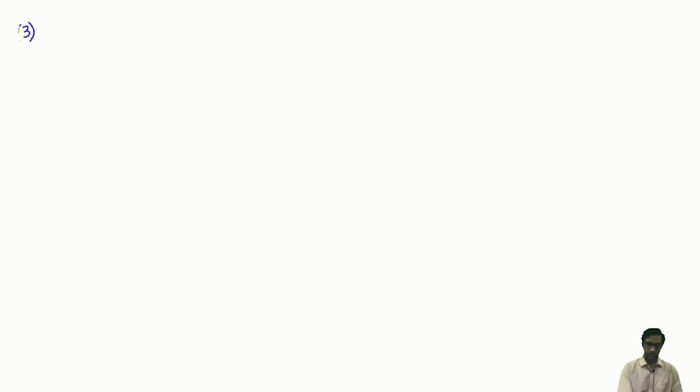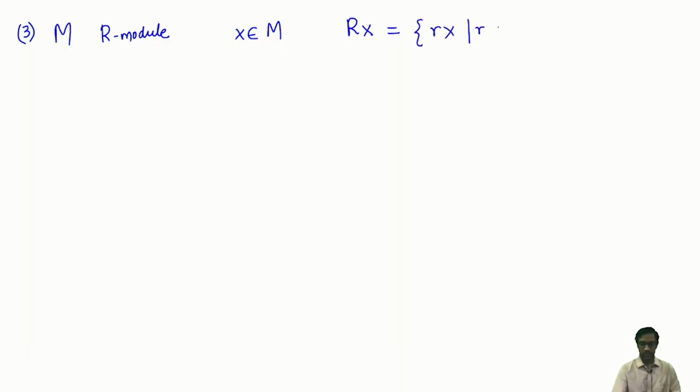This is problem 3, which is the following. Again, about simple modules, if you wish. So first, a little definition. Suppose I have M, which is an R module, and if I take an element x in M, then by Rx I mean the space I get by multiplying x by all the scalars in R. This guy is called the cyclic submodule. This is, by the way, a submodule, called the cyclic submodule generated by x.